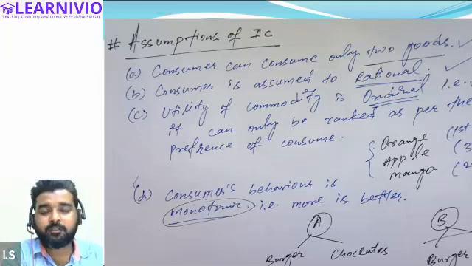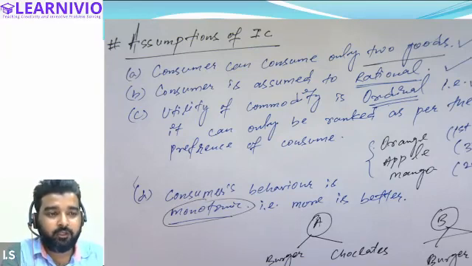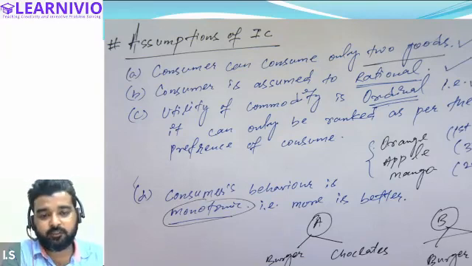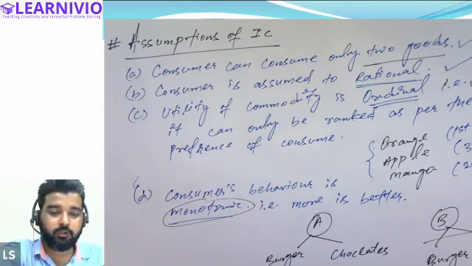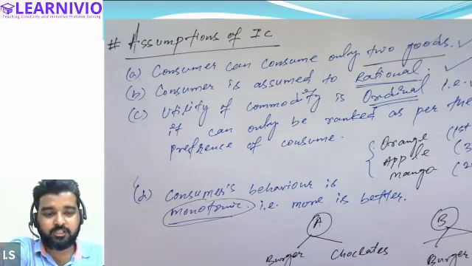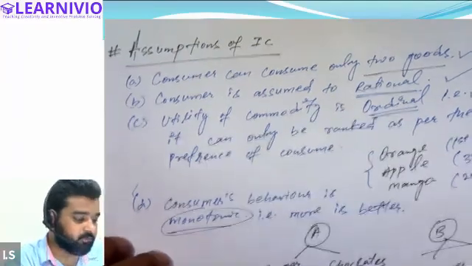Only 2 goods. Consumer is assumed to be rational or irrational? Sir, rational. Then, in the indifference curve approach, we always believe that the customer's satisfaction cannot be measured in terms of numbers, rather only preferences can be given and it can be ranked. Satisfaction of a commodity can be ranked depending upon the preference of the customer. And the last one was that the consumer always prefers more quantity of good, a larger bundle of good over a smaller bundle of good. That is called monotonic preference. All right, so you have to remember all of these assumptions.